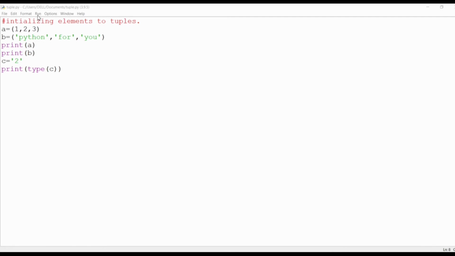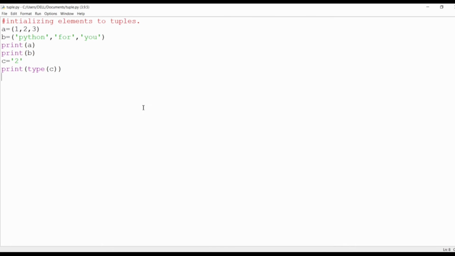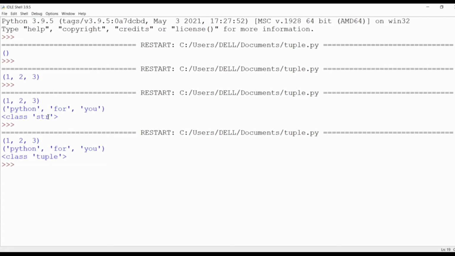I have saved the program and run it. Here you see that it is a string. Why is it a string? Because we have to enter a comma after the string. If we forget to type the comma, it will not show what type of integer or anything it is. See here it has shown that it is a tuple.